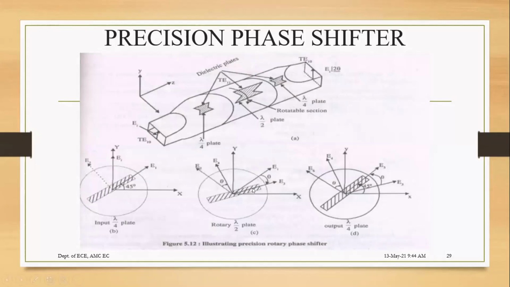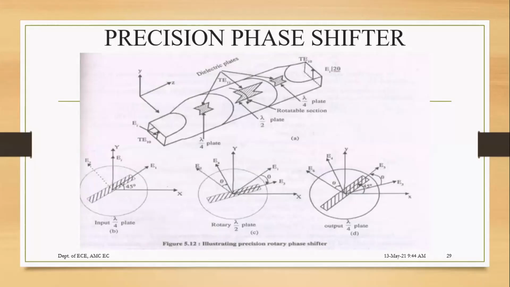Now this particular waveguide, you can see it is at an angle theta. This is also at an angle theta, because it can rotate all over 360 degrees, so we'll consider it rotated by an angle theta. In the middle lambda by 2 plate, you will have the E1 component rotated to give E3, and the E2 component giving you E4. So you have two more components added in the rotatory lambda by 2 plate. Again, after the emergence from the half wave section, the field components E3 and E4 are decomposed into polarized parallel and perpendicular output for the quarter wave plate.